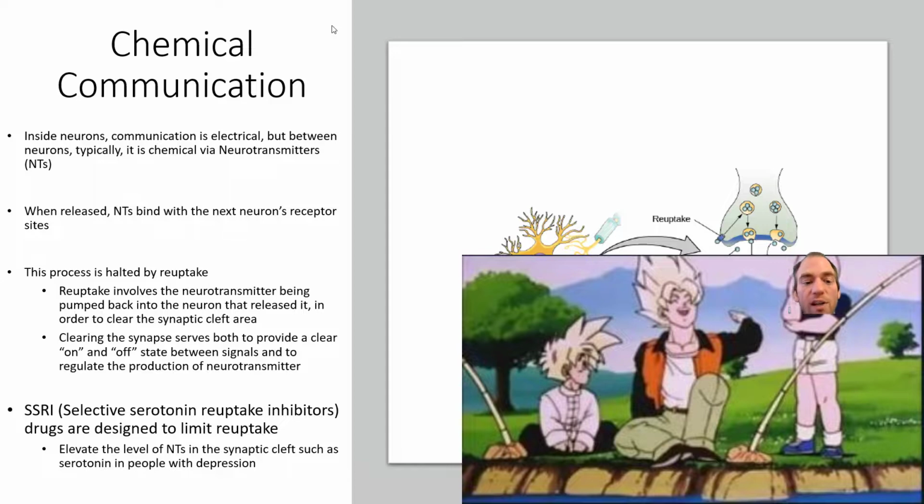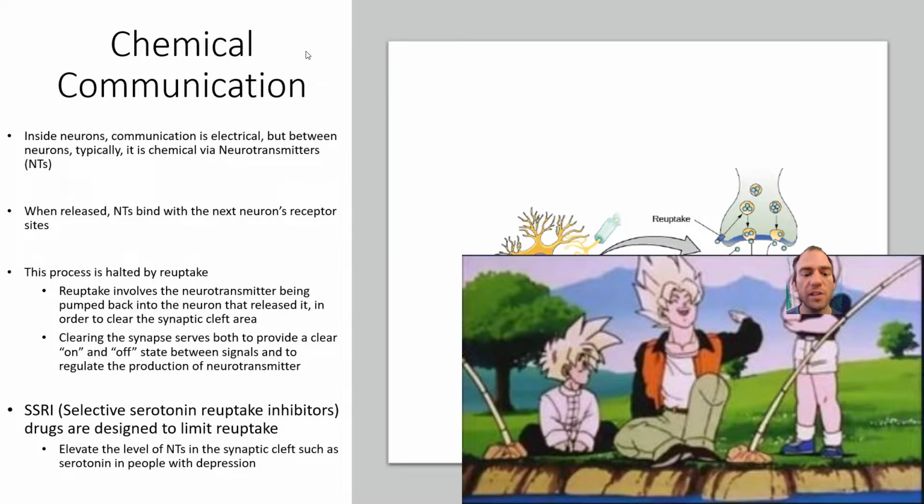Now, interestingly, where this becomes more applicable in the real world is SSRIs. That is, for example, selective serotonin reuptake inhibitors. This is a medication. The most common example, I should say, is with people taking these types of drugs when they have depression, but there are various other mental health disorders associated with SSRIs. So it basically limits this process by which, as stated, neurotransmitters enter that synaptic cleft,